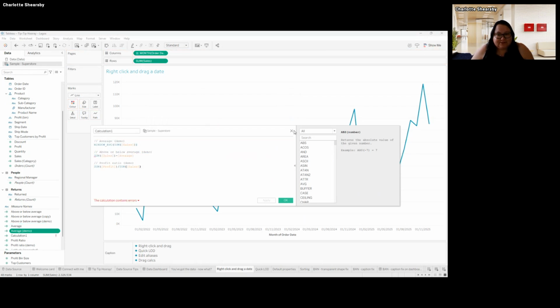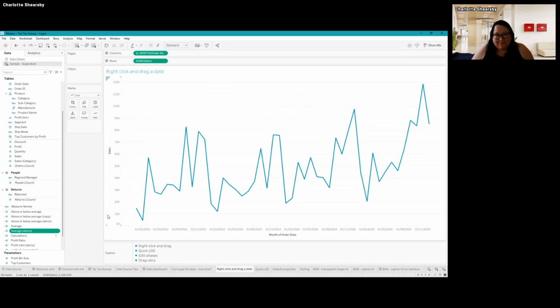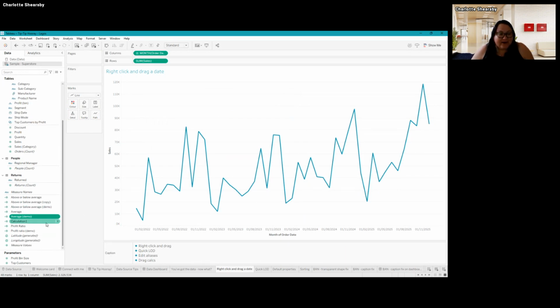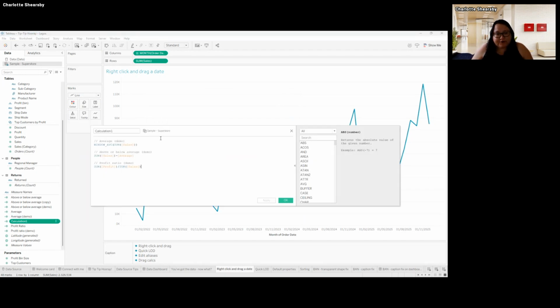And then you can just cross out of that. So that's a really neat way if you're copying calculations from one workbook to another, or if you've copied some calculations from the web, from someone's blog or anything, you can just drag them on like that. Having the two dashes in front just here is really important.